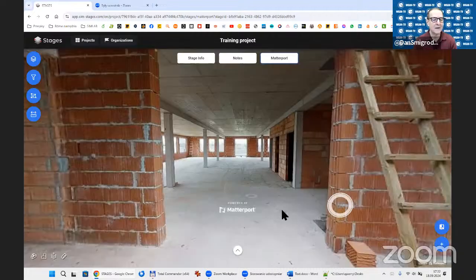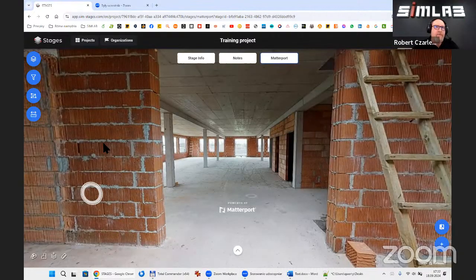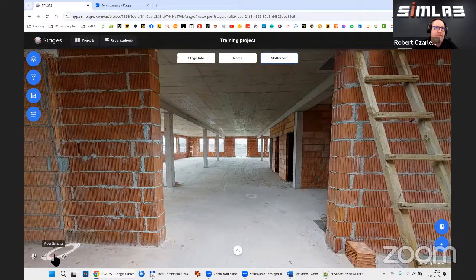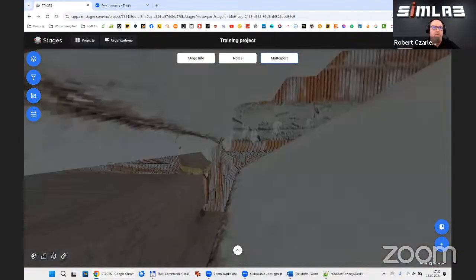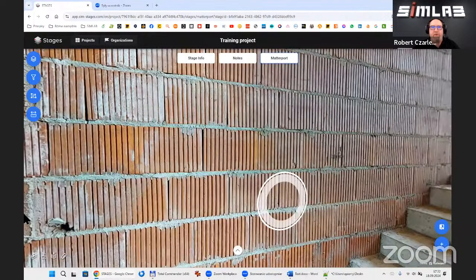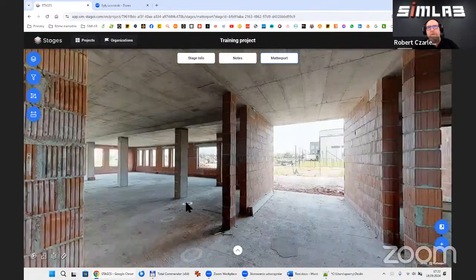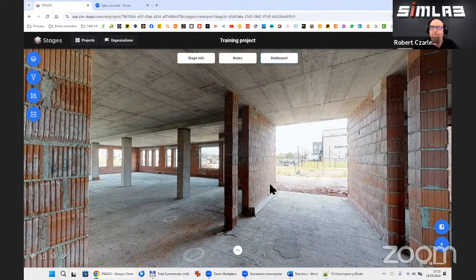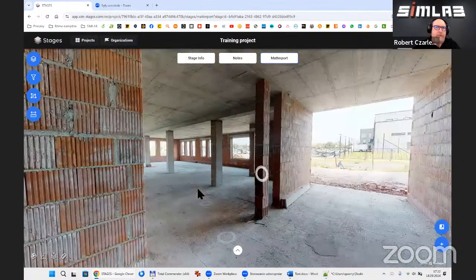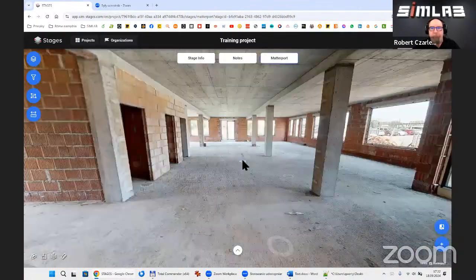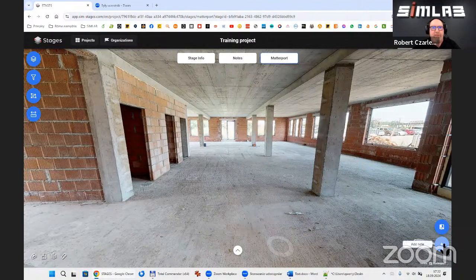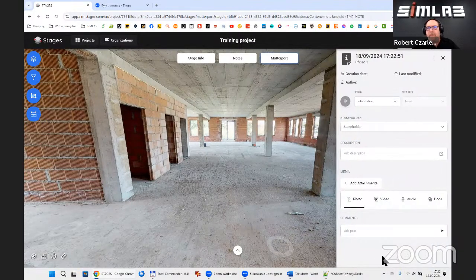That's great. So we have our scans added, synchronized, the organization is created in the project and so on. So I think we can go to the next feature I would like to tell you about, adding the notes. To add the notes or issues or any other information, we have to click the plus button here at the bottom of the screen, and the notes form will open. And here we have some fields to put some additional information.